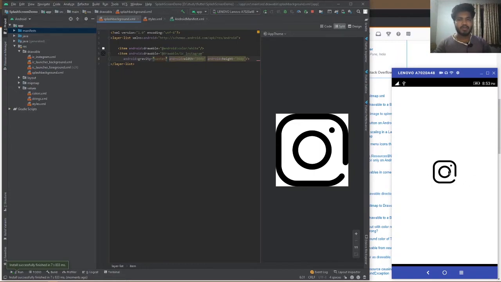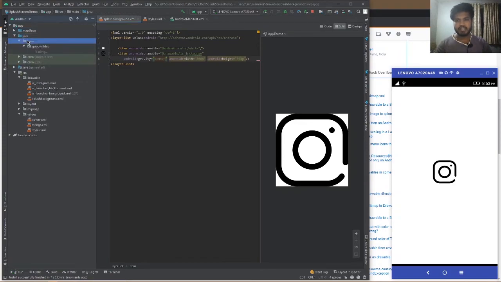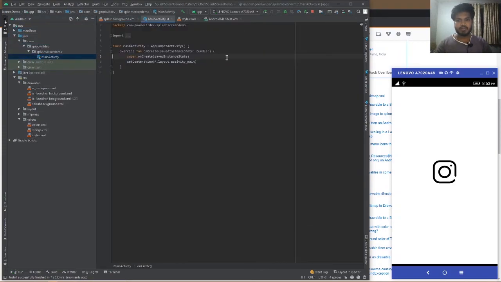But as the splash screen behavior is like it will be gone after some time, you can do that by creating another activity and giving some timer before it comes. Change it with a handler and give some delay timing, and then after that intent it to another activity, whichever main activity you have, and it will be a splash screen for you. And it is the right way to create any kind of splash screen.